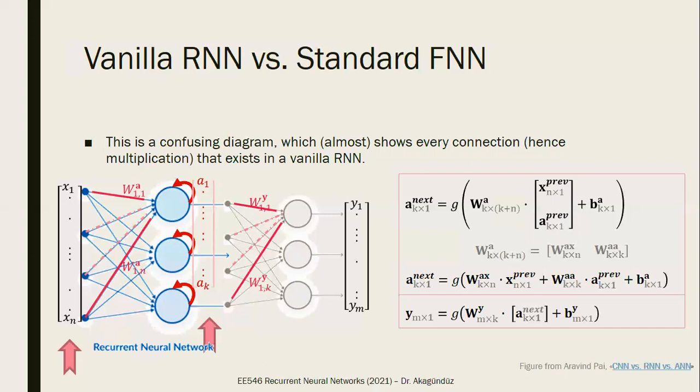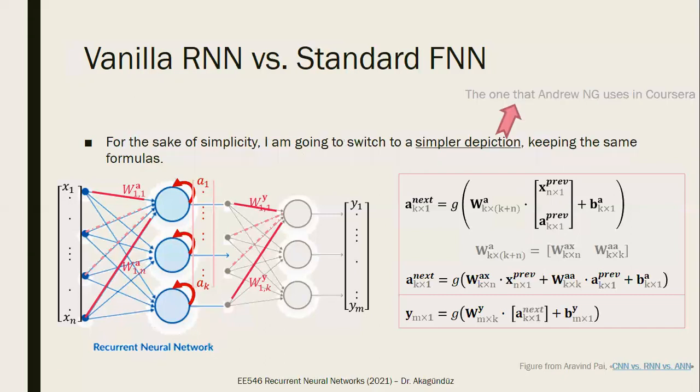The diagrams you come across defining a vanilla RNN will be simpler, not showing all the connections, but showing different connections between CNNs or RNNs or other architectures. So let's get to those architectures slowly. Right now this is a horizontal notation. As you can see, the input is here, which is vertical. I'm feeding it to a vertical layer, then I have the hidden states in between, and I've got the output.